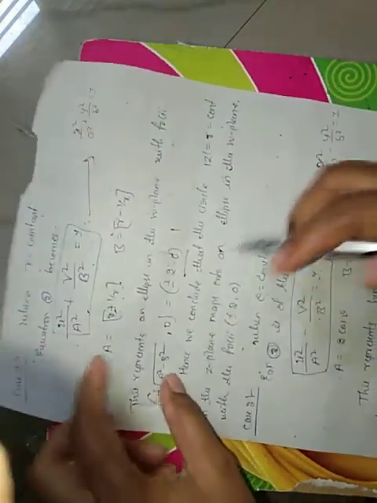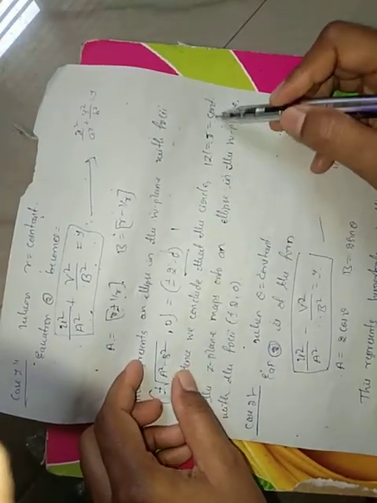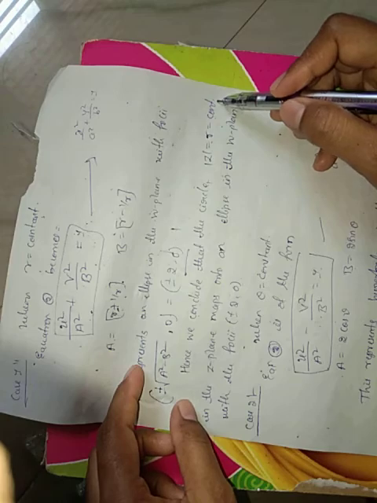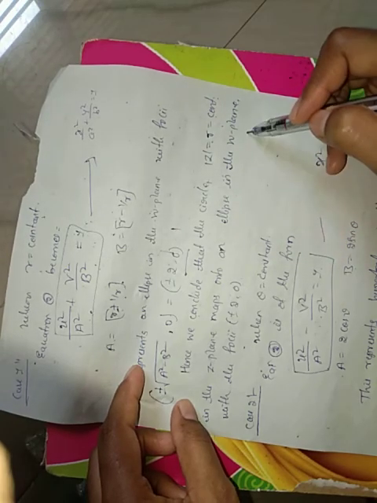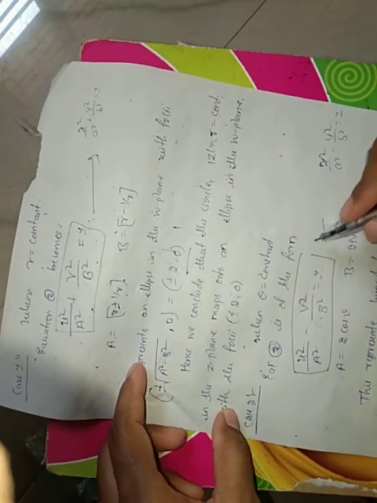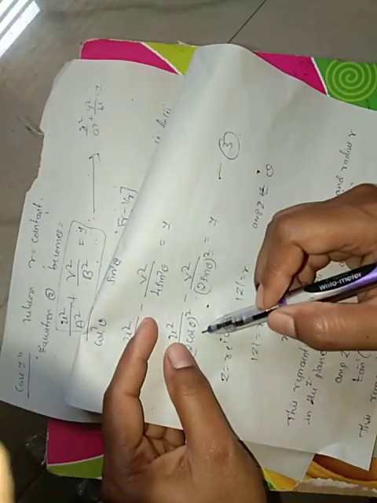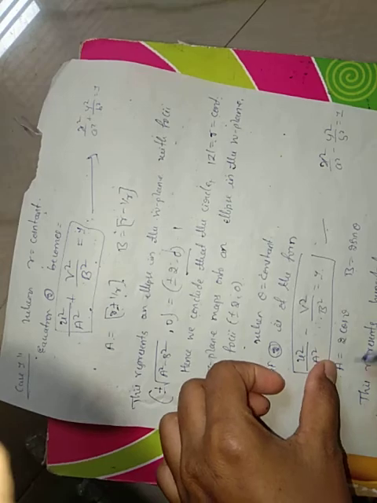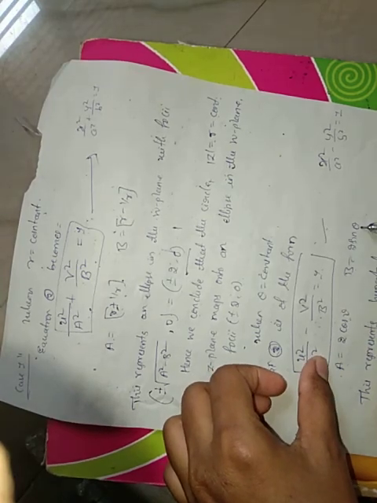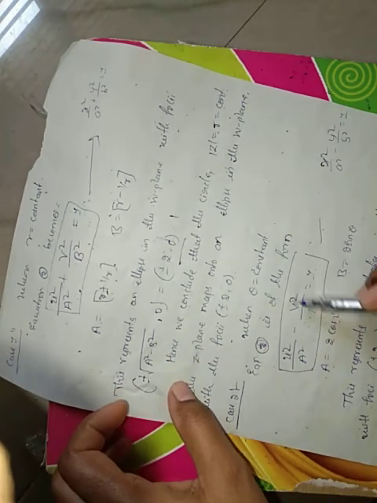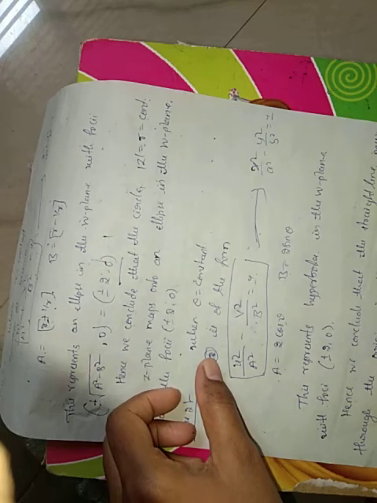Hence we conclude that mod z equal to r, a constant in the z plane, maps onto an ellipse in the w plane. In the second case, when theta is a constant, equation 3 becomes, putting 2 cos theta equal to a and 2 sin theta equal to b, u square by a square minus v square by b square equal to 1. Again, this is compared with the standard form x square by a square minus y square by b square equal to 1.